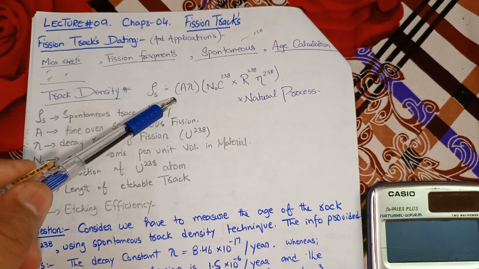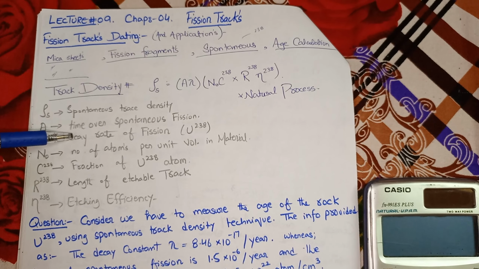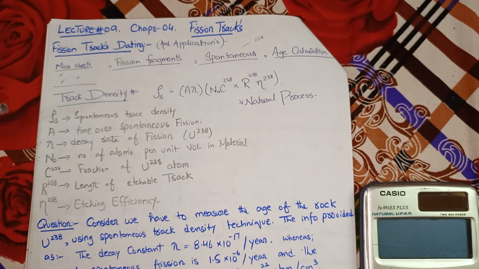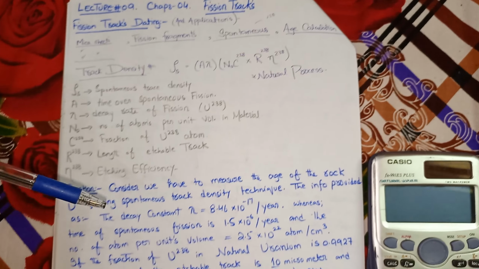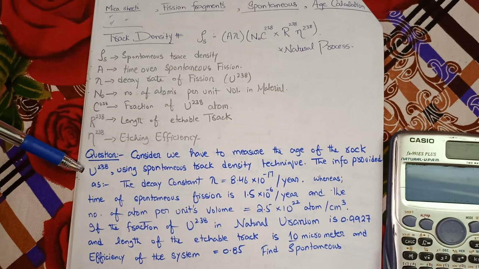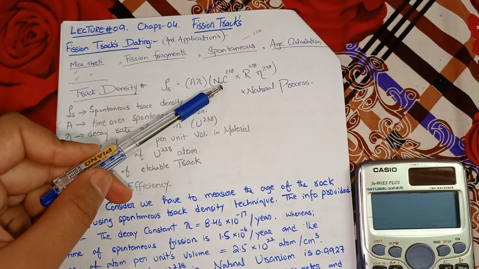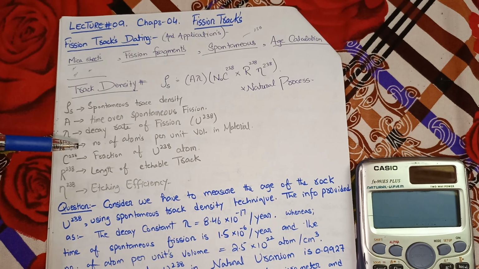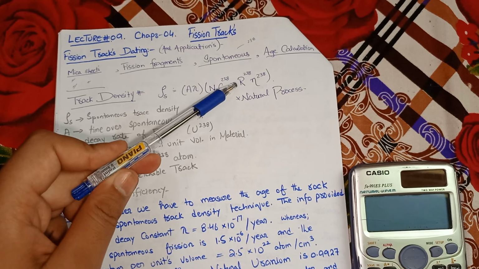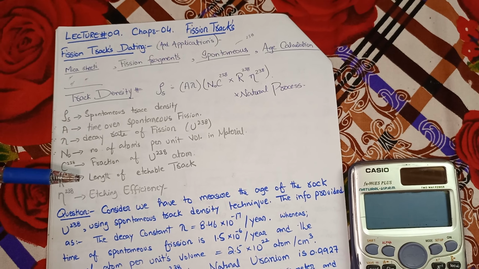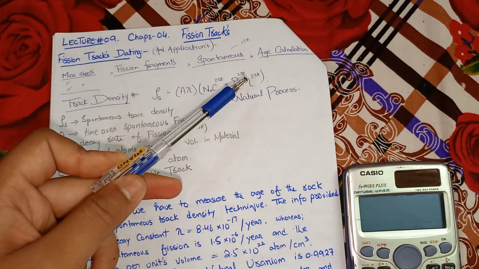Rho s equals A lambda, whereas A is basically the time of spontaneous fission. Lambda you already know very well, it's basically the decay rate. In our problem it is uranium-238, so yes, this is the decay constant of uranium-238 in this problem. And N naught C238, N naught is basically the number of atoms per unit volume in the material, whereas C238 is basically the fraction of uranium-238 atoms, multiplied by R238, R, which is the length of the etchable track, eta 238,